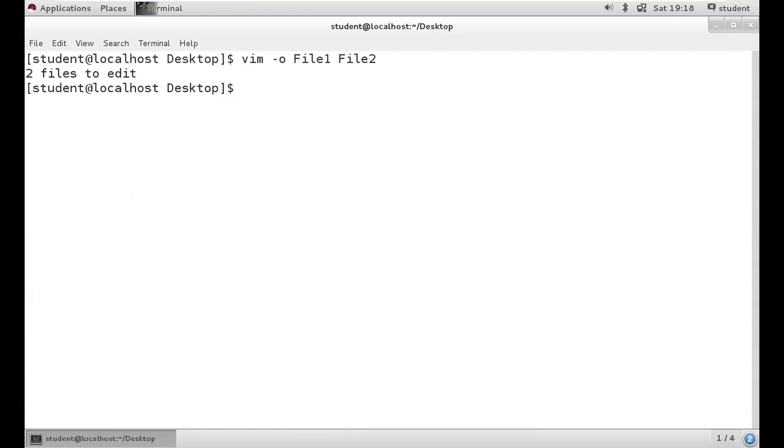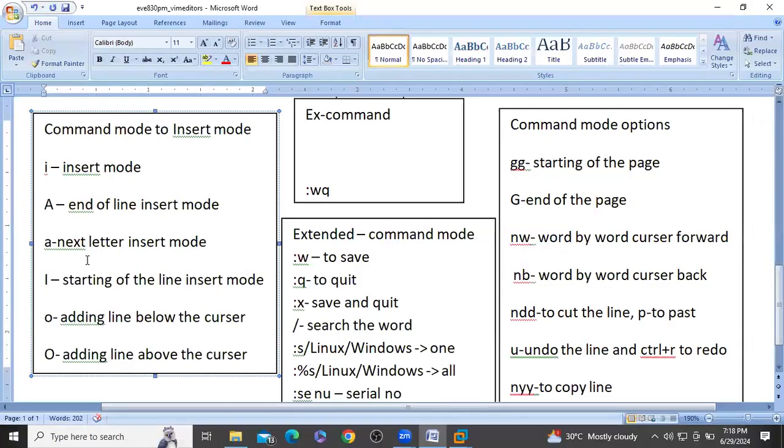So both the files we are going to save at a time. We are going to quit at a time. A means all, right? Next, if you need more options, we discuss here the frequently used options, right? If you need more options,